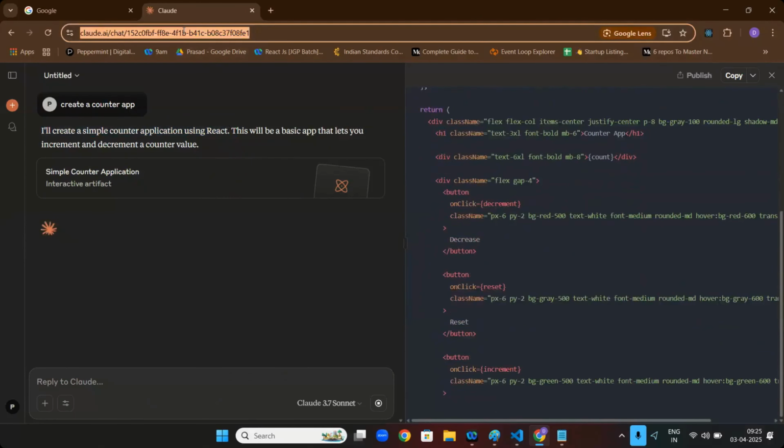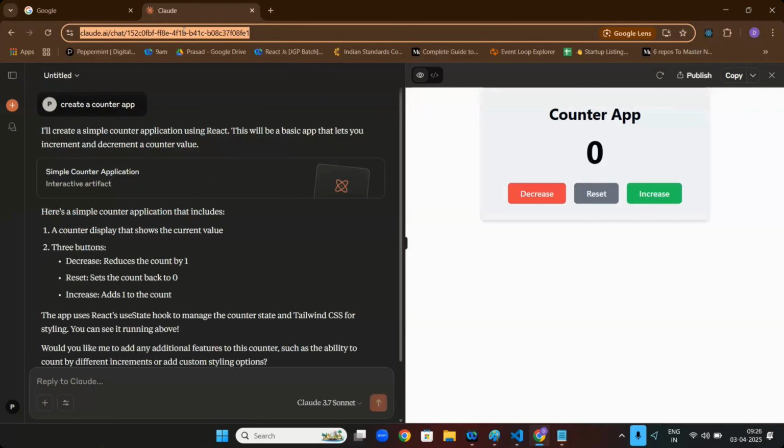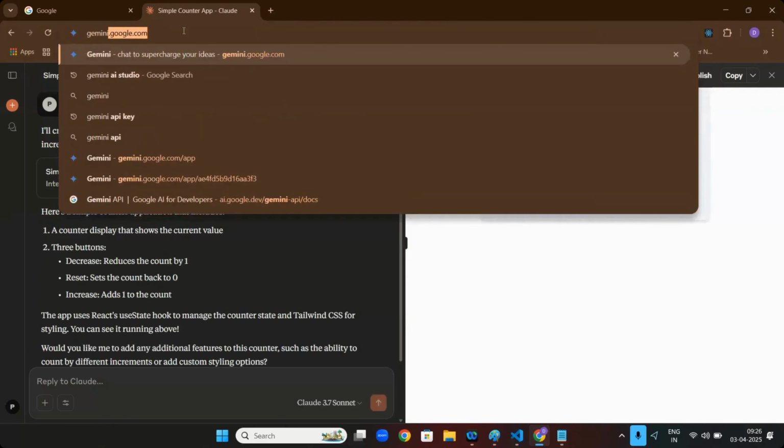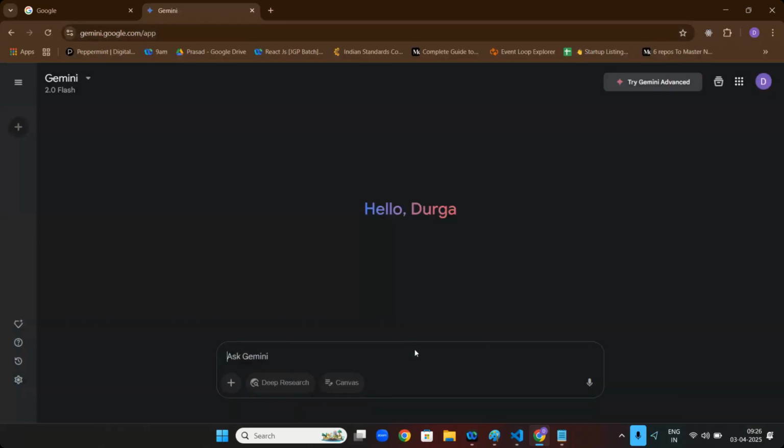Any other AI which you know? Gemini. I don't think Gemini uses React. Why? Because React is actually a competitor to Gemini. Okay, but still, anyway, I will ask.